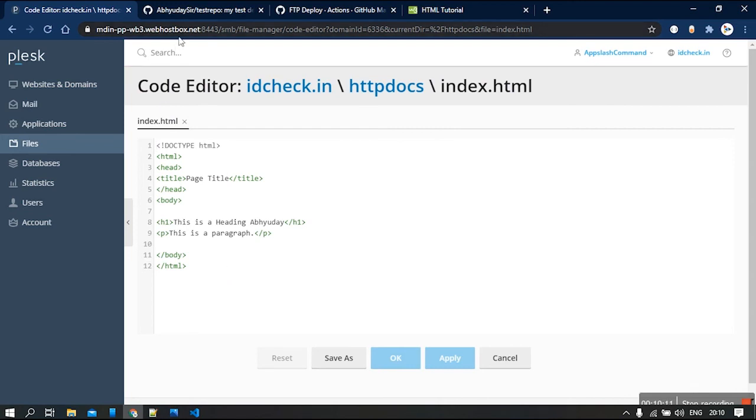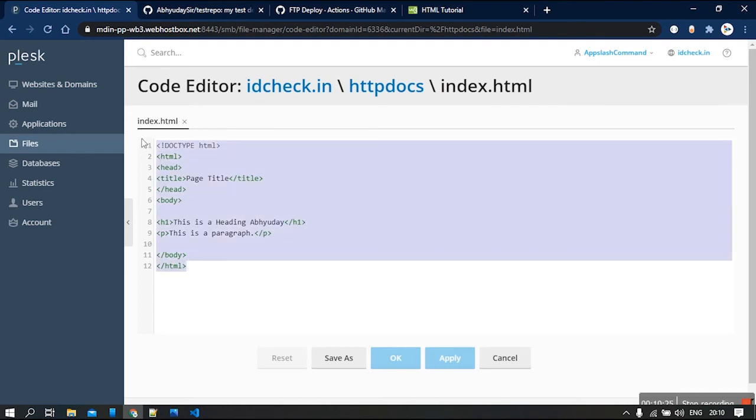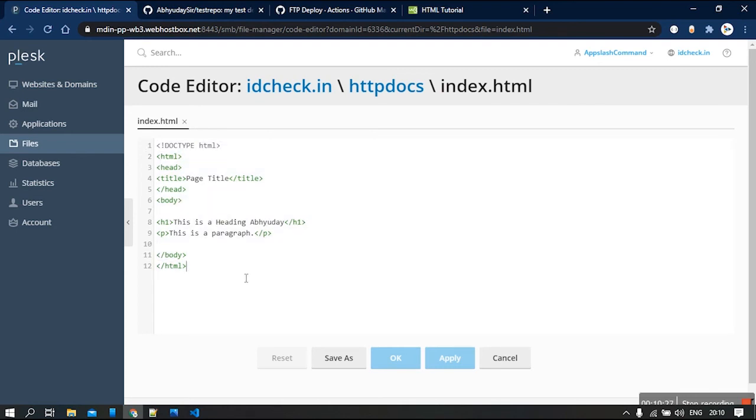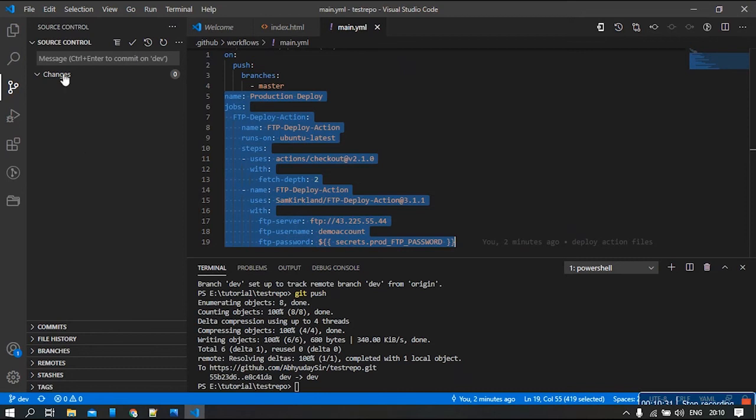So in this way you don't have to again and again deploy or copy your files from your local system to your FTP and use the credentials. You can right away push it from your GitHub repository to the FTP space where you want it to be. We'll again see it in action.